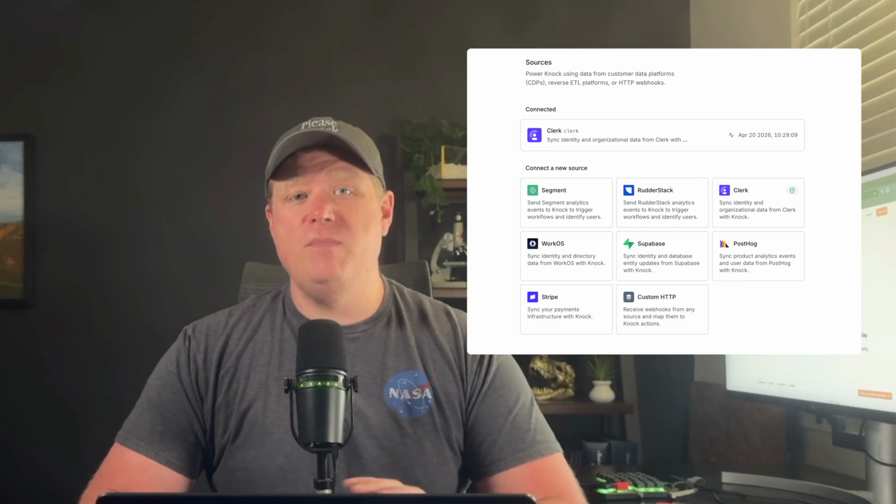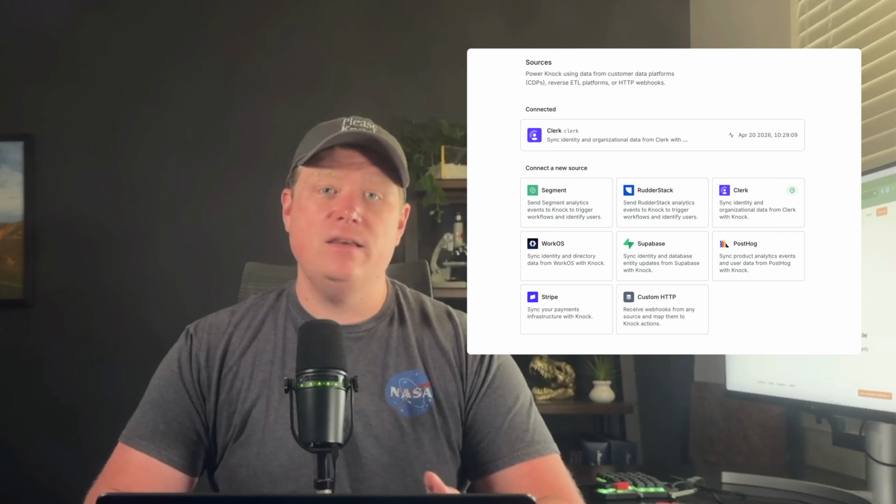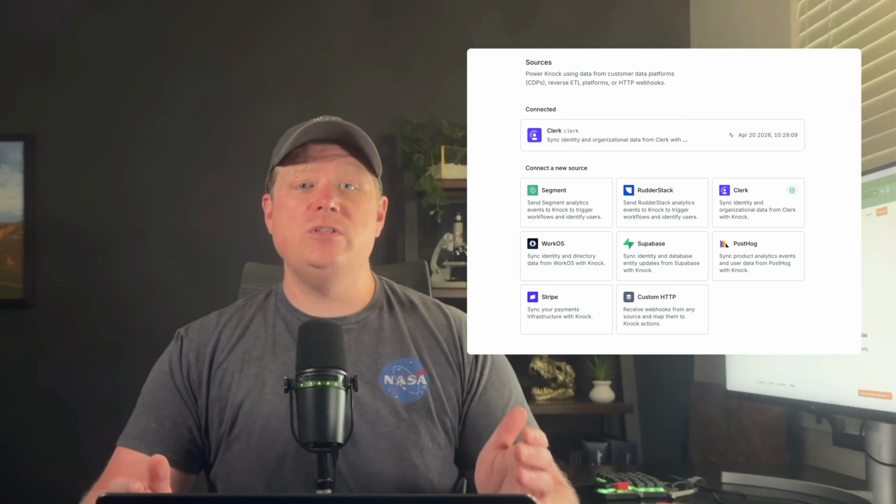Syncing data into your messaging system has always been harder than it needs to be. Between users, their custom properties, and accounts, you end up with a lot of glue code whose only purpose is to keep data in sync across your tools. But Knock Data Sources makes that glue code a thing of the past by letting you connect popular tools directly